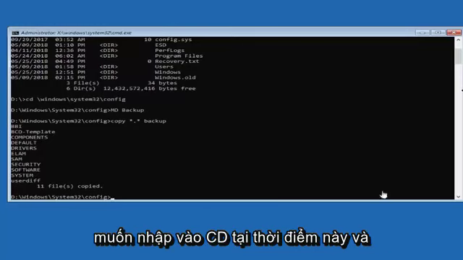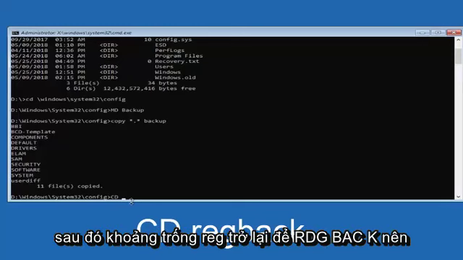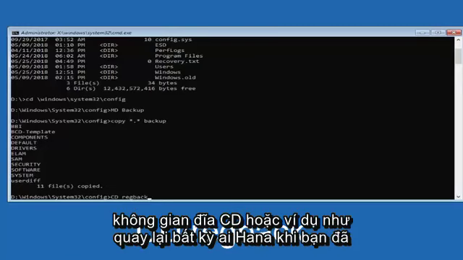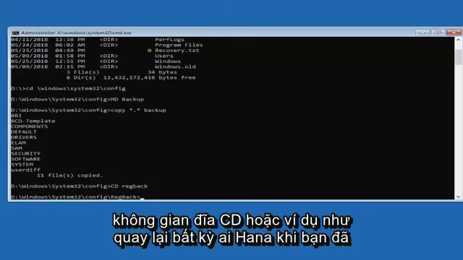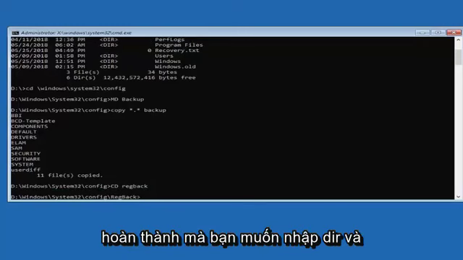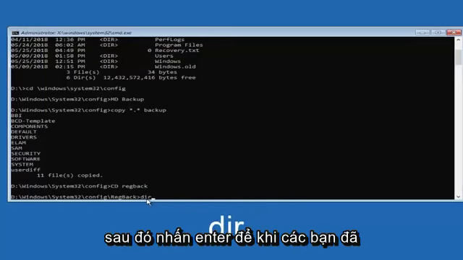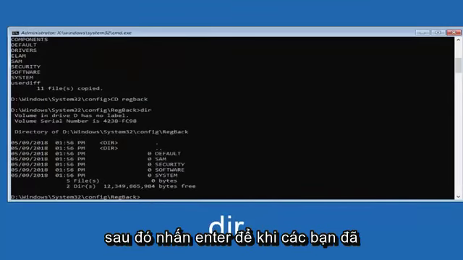So you want to type in at this point cd space REGBACK, so cd space regback. Then you want to hit enter. Once you've done that, you want to type in dir and then hit enter.